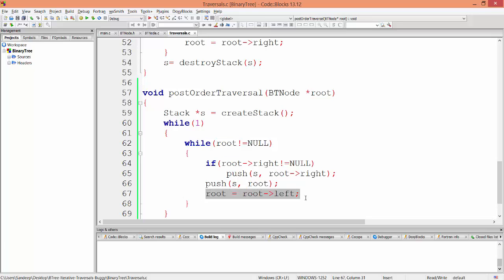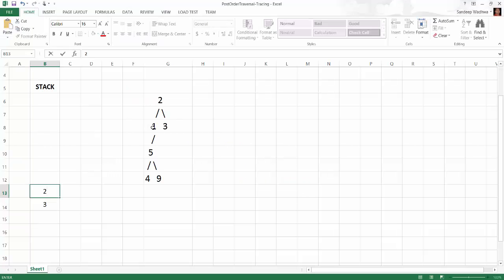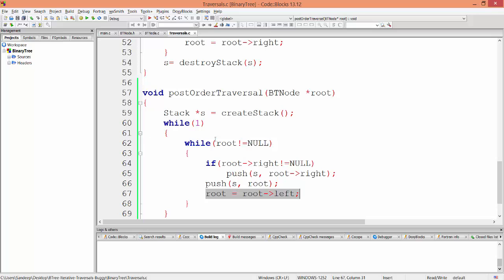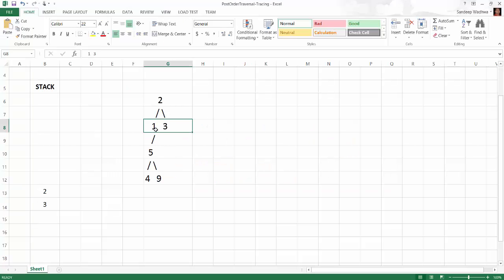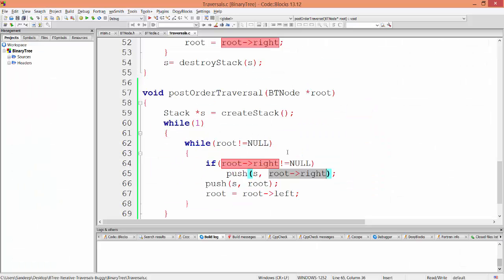Then we move root is equal to root left. So now root starts pointing to 1. That is root left. So when we come here, again there is a check. Root not equal to null, which is true. Root's right child not equal to null, so we push root right. Here 1 does not have a right child. So if 1 is root, root of right is null, so we don't go inside this if condition, and we